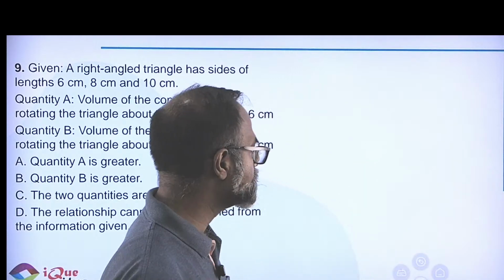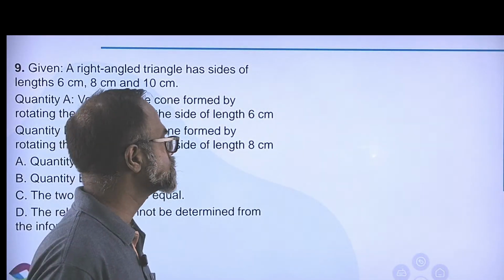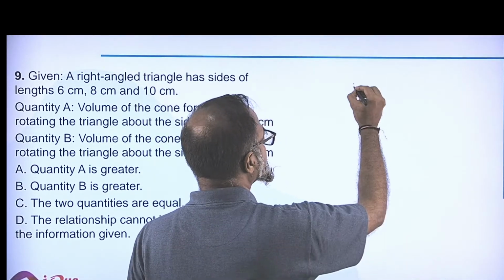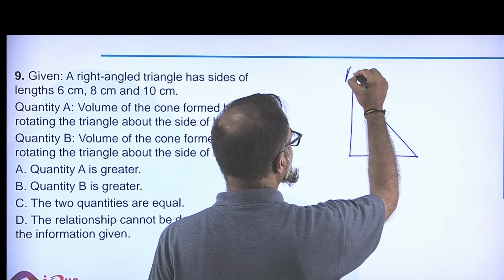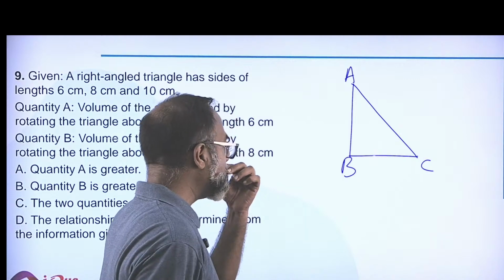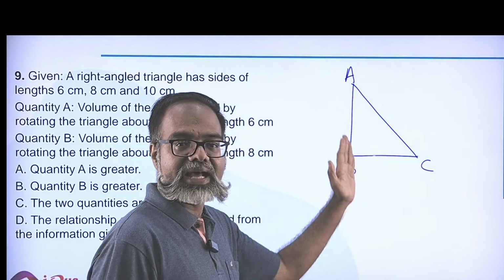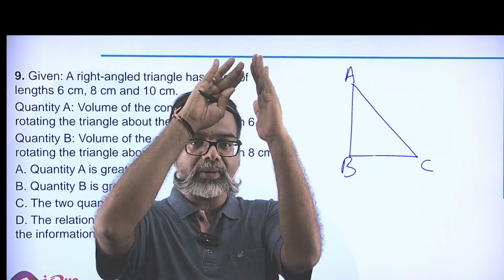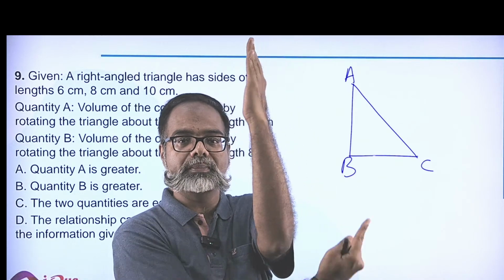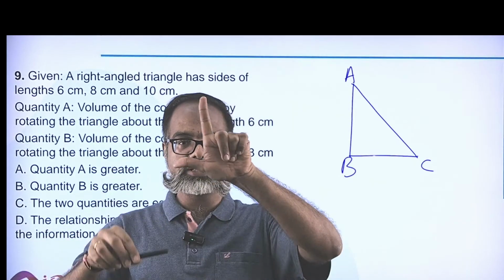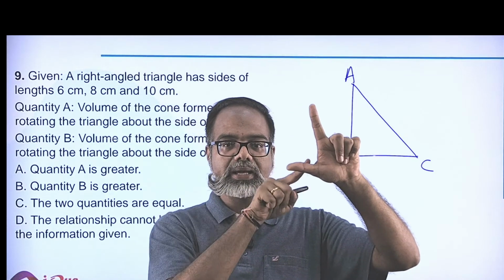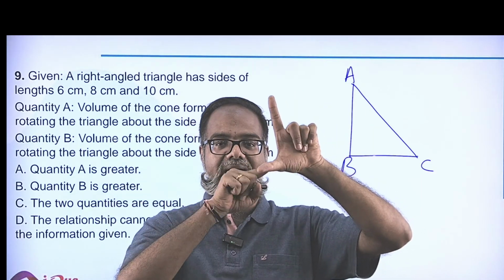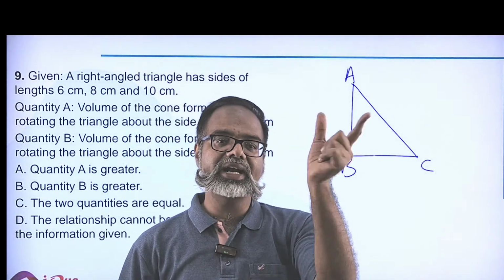So let's first understand the rotation ka funda, and then we'll see. The question is absolutely easy to solve. So if I have a right angled triangle, right? Let us say this is my right angled triangle A, B and C. I can keep this AB as my pole for rotation, and keeping it like this, I can rotate it around the base. So if this is the thingy, right? This is AB and this is BC. If I rotate the figure like this, AB becomes my height and BC remains my radius. So I'm rotating it around AB.